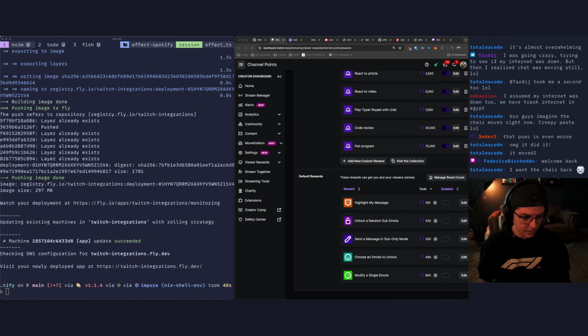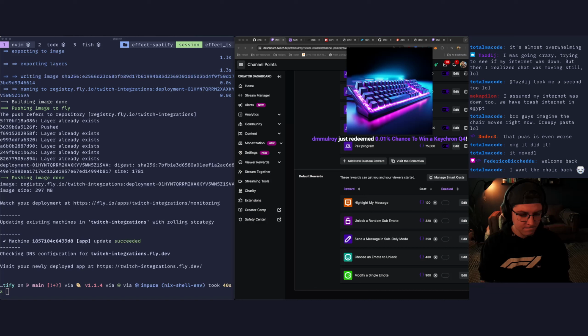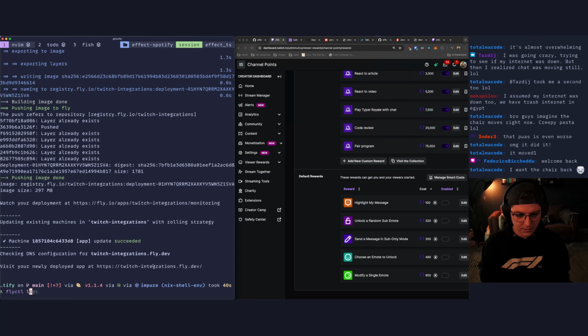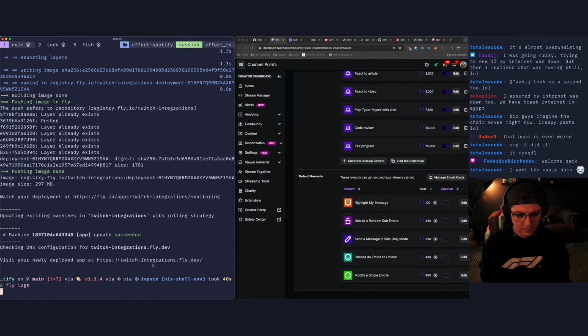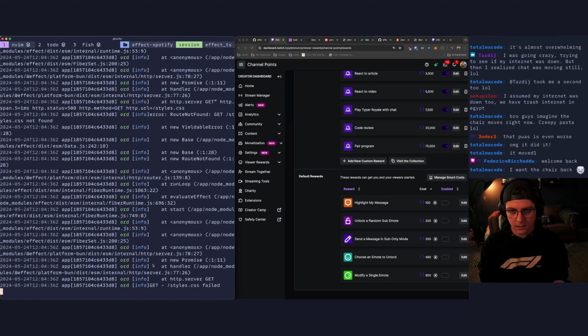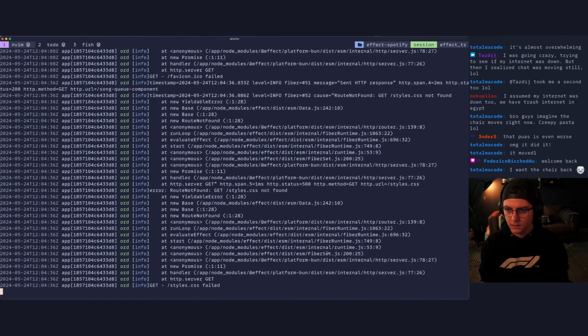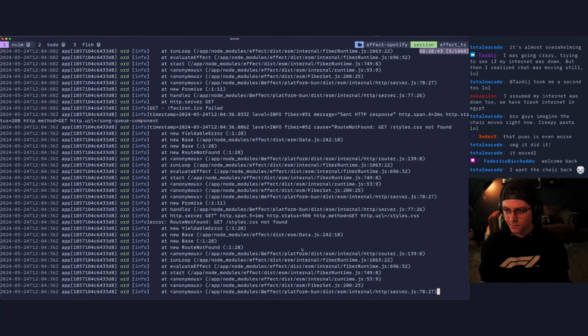So that should be there now. You want the chair back? It didn't pick it up. So that means, what happened there? Fly control logs. Aha. Route not found.